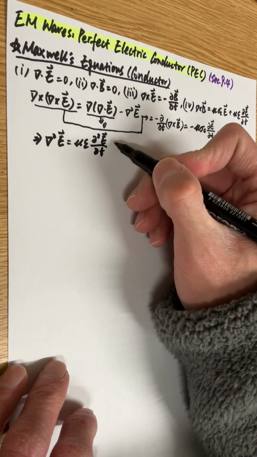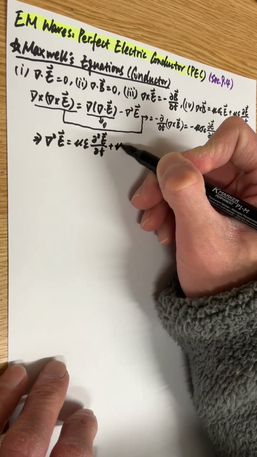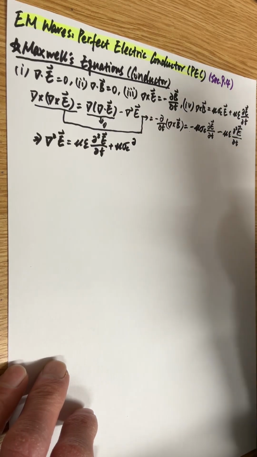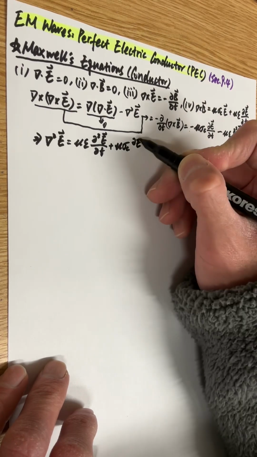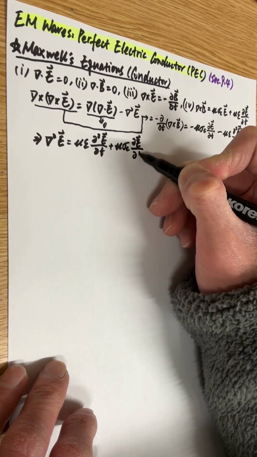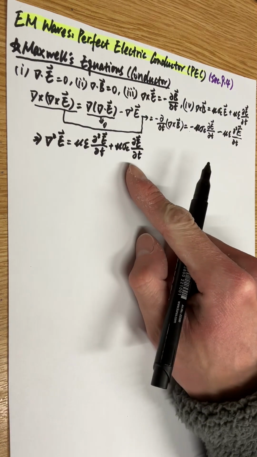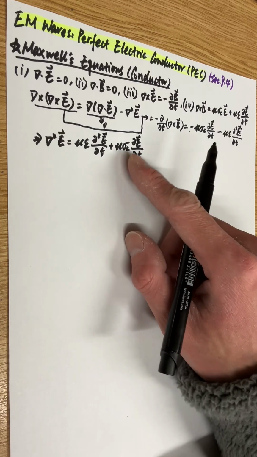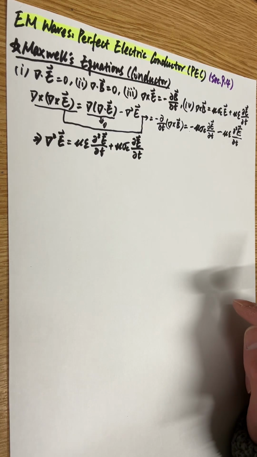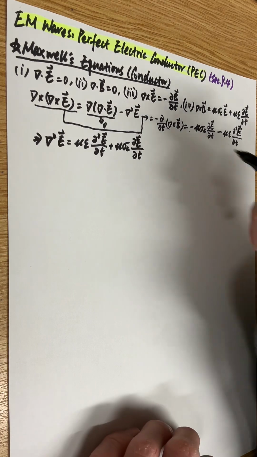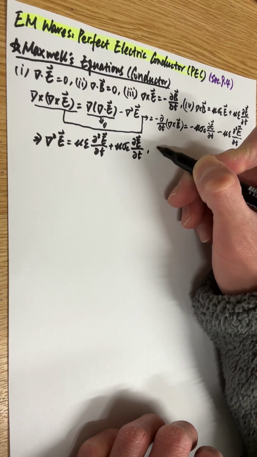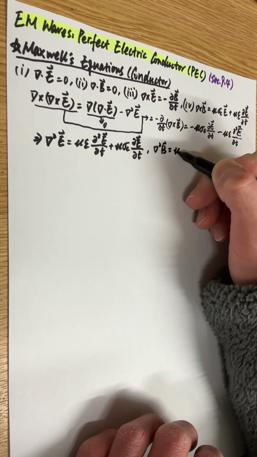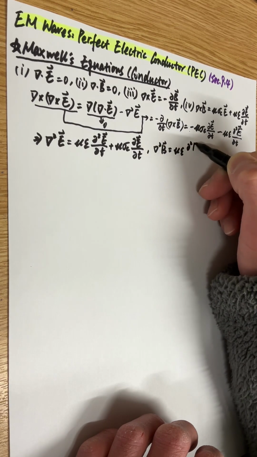And then we have an extra term here, plus mu conductivity times dE/dt. So this is really extra for a conductor, because when it's dielectric or free space, we have conductivity equal to 0. And then similarly for B field, we would have Laplacian of B field equal to mu epsilon